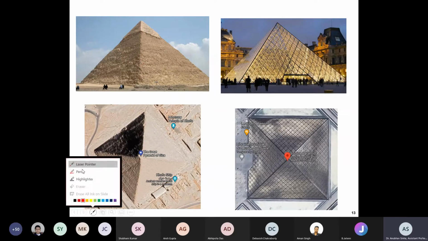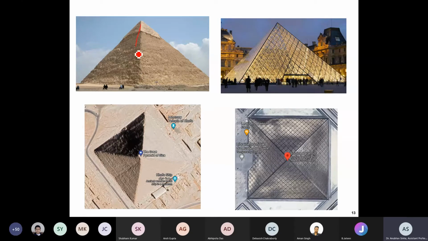Let me get a pen. So this is the edge. I am standing in front of that edge. Here, I am standing basically in front of a side. I am standing in front of a triangle. Okay, this is a triangle. I am standing in front of that. Now that is what I am seeing in this top view. So this is corresponding to that. In the top view I am looking at a triangle, whereas here I am standing in front of this edge. So that is what I am getting in my top view.